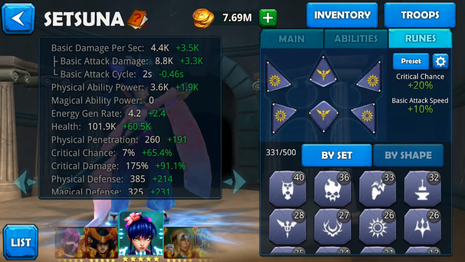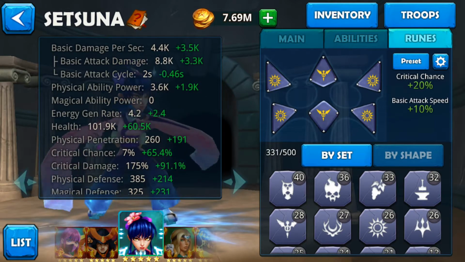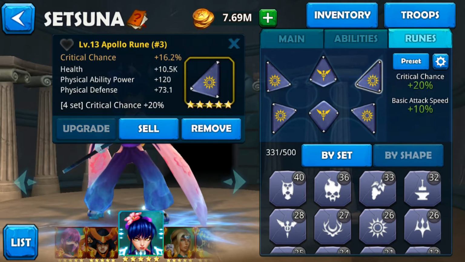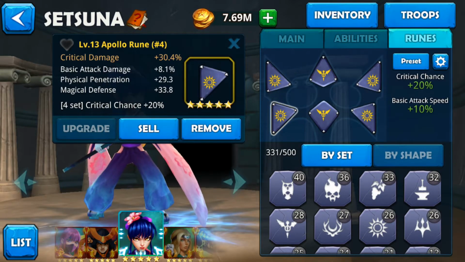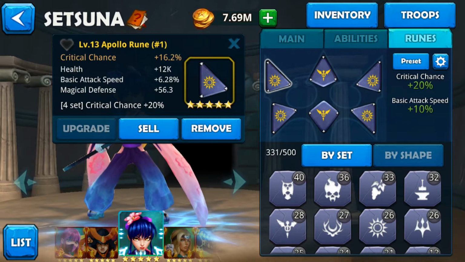Her rune is critical strike chance 20%. I'm probably going to be looking for a new rune that does physical critical damage. But because this one is critical chance, it's got health on it, basic attack speed, basic magical defense. It's not even that good of a rune. I might use that rune for something else in the future, but for now it's going to stay there